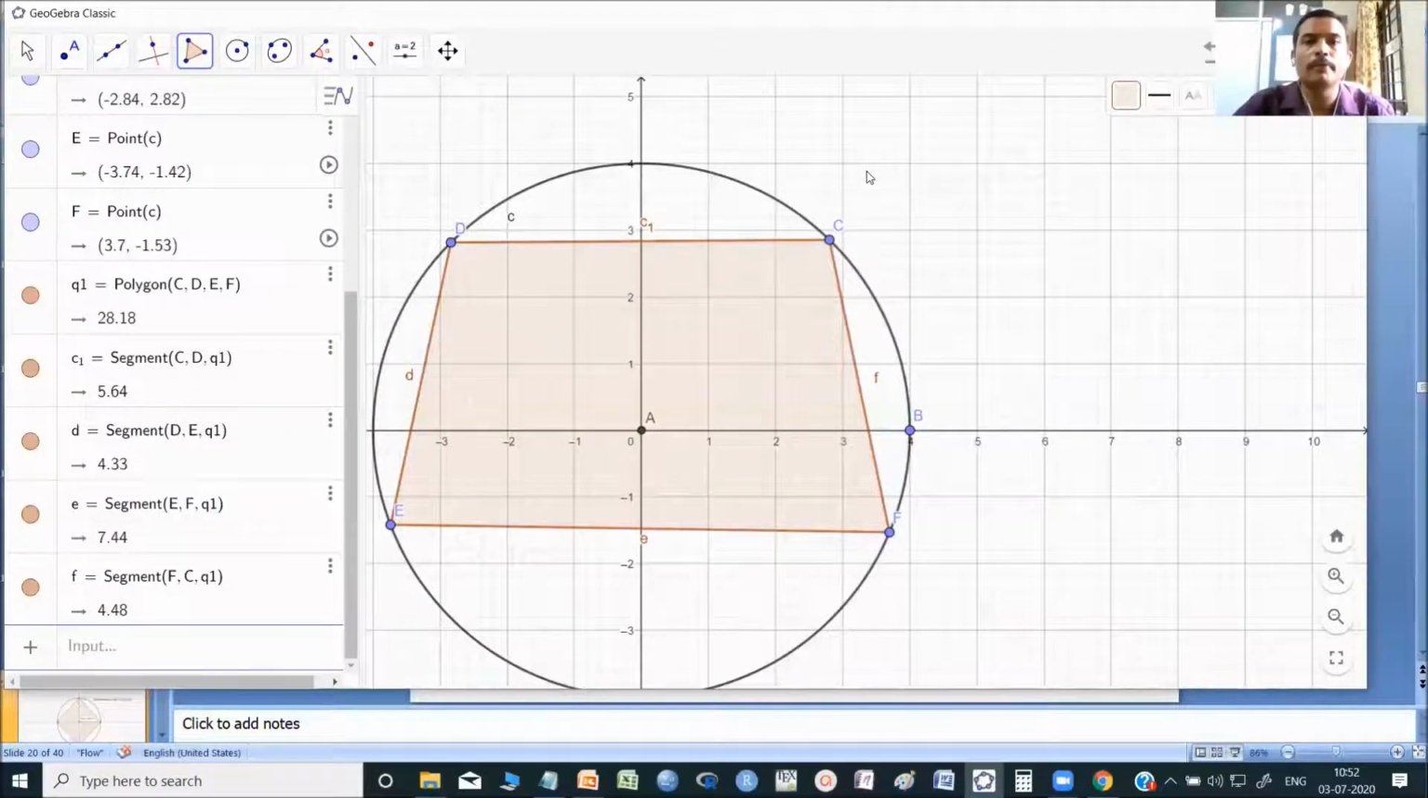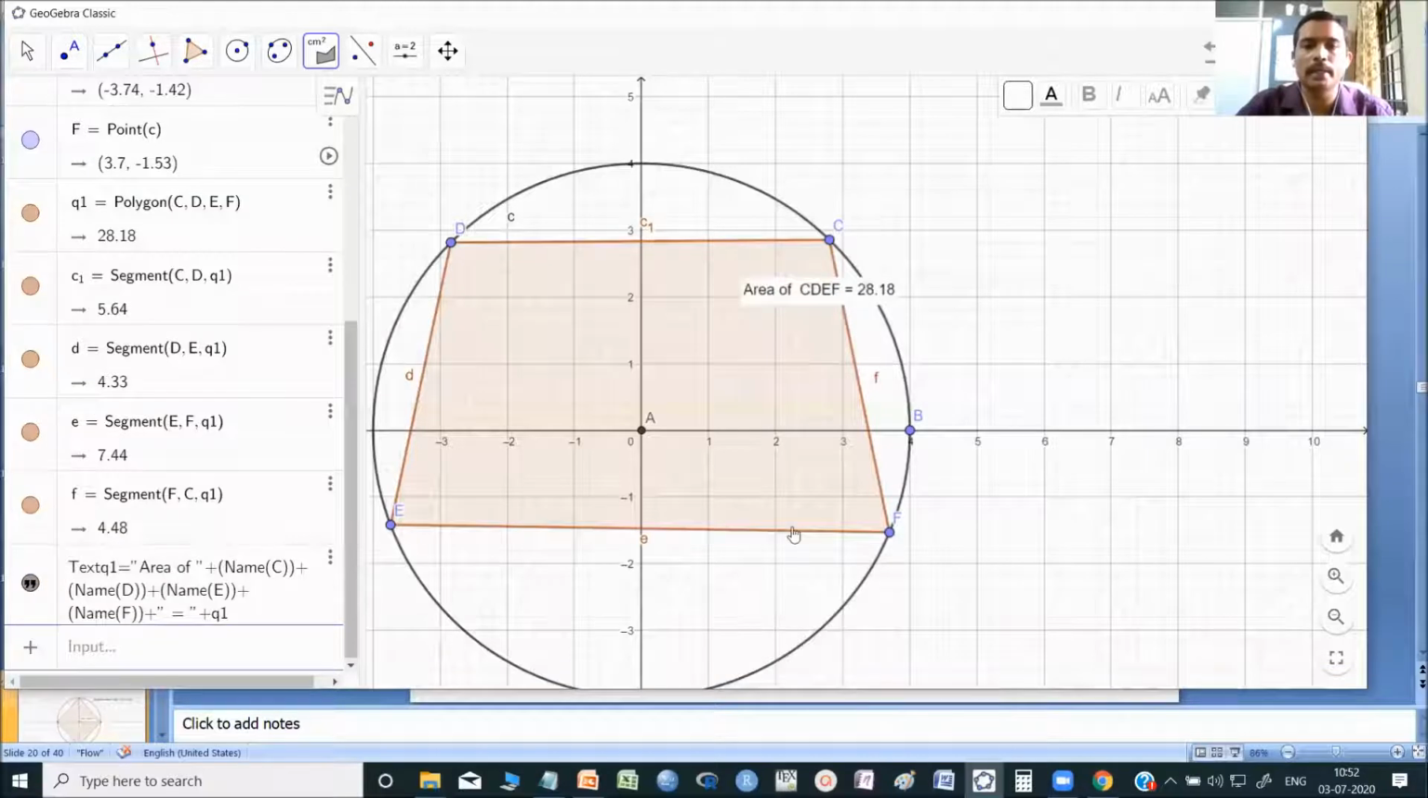First, let me find the area of this. As already told, go to the area option and then select this CDEF. This is the quadrilateral. You can move this. Area is now 28.1